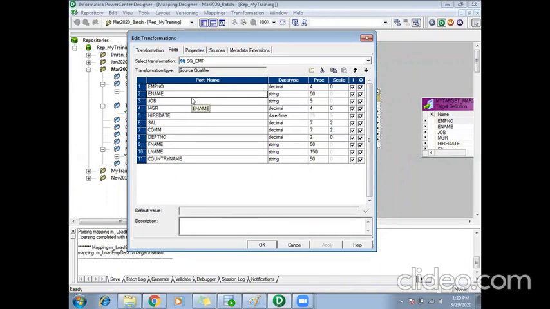So the data type of each port in the source definition will remain the same as it was in the database tables. But in the source qualifier, the database data types are changed to Informatica native data types. That is the difference.